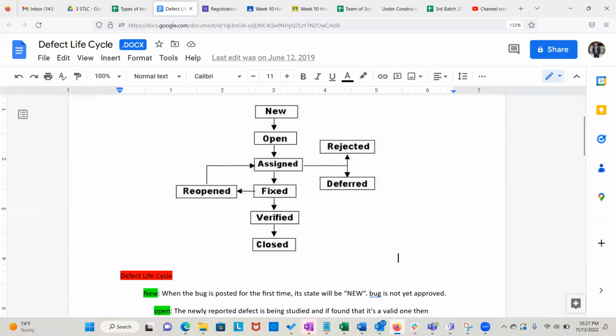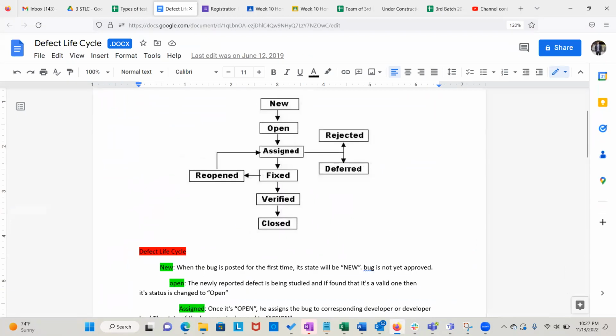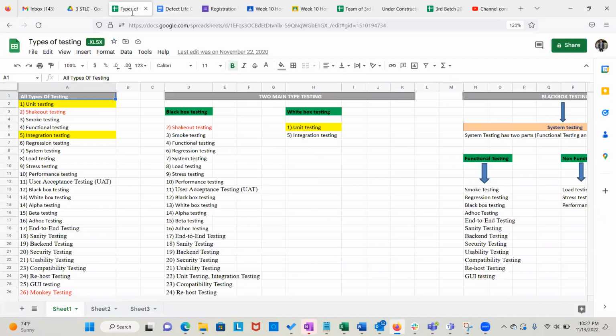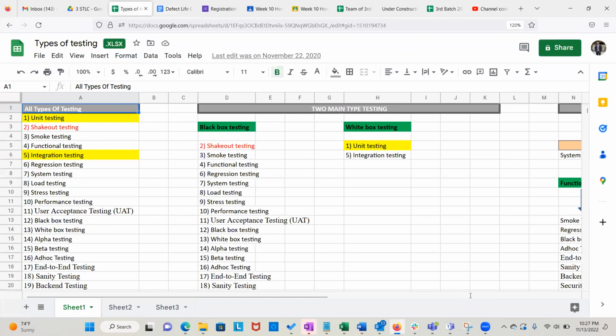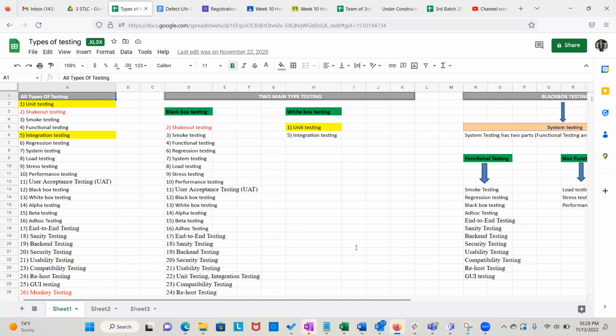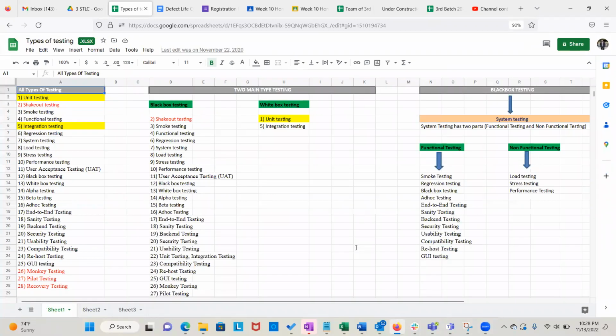All right, guys, questions. I don't want to cover anything further today because this is very, very important. And next week, we're going to talk about different types of testing. When we are performing our testing, there are so many types of testing, at least 40, 50 types of testing, but we'll cover the most important ones, the ones you're going to be doing daily, and how you perform those testing, and everything. We'll cover that next week. Very, very important day next week.